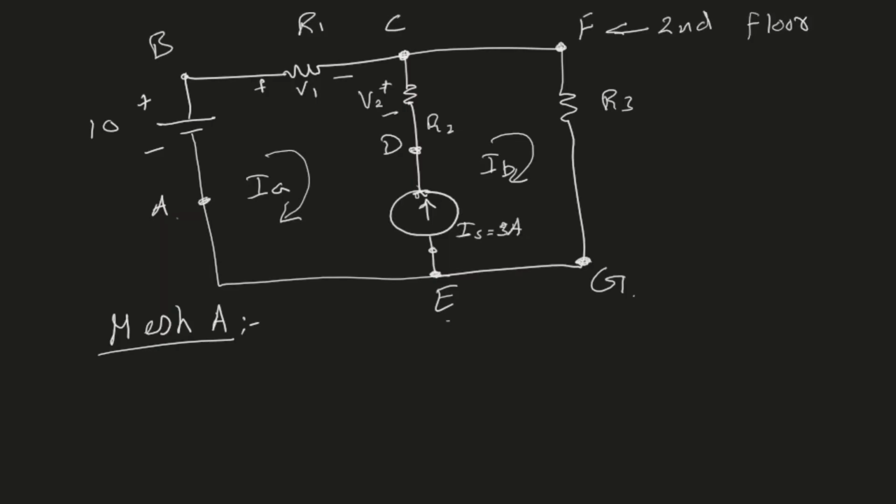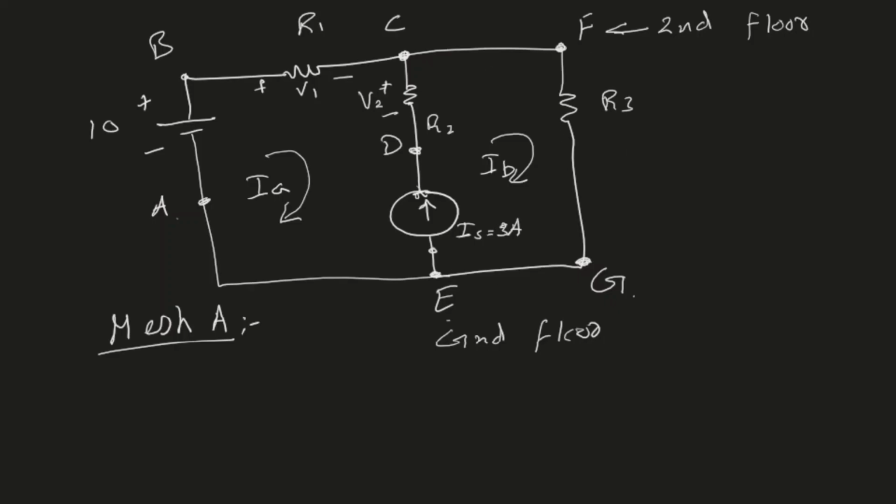All right, they are the second floor. E and G are, let's say, the ground floor. So you can go from the second floor to the ground floor using 2 different paths or 2 different stairways. But when you go from the second to the ground floor, the change in height is the same, correct? So therefore, the change in voltage here is the same because it is very similar to the gravity examples that we have previously considered. So instead of going from C to E directly, I will actually take the other path